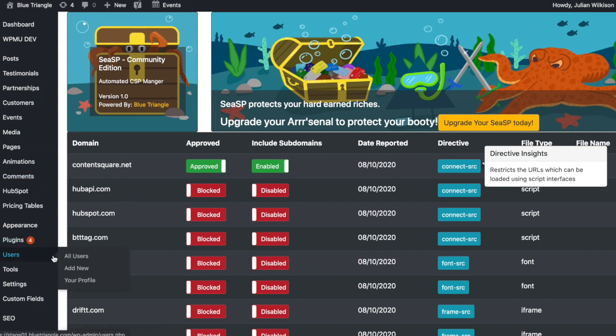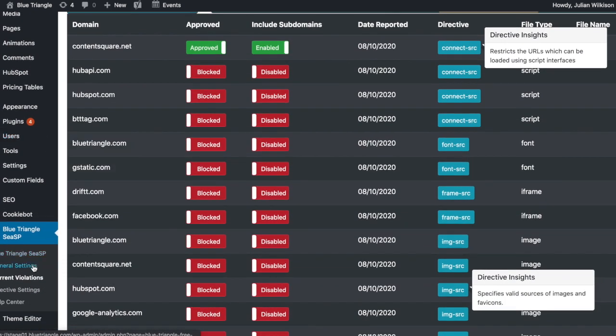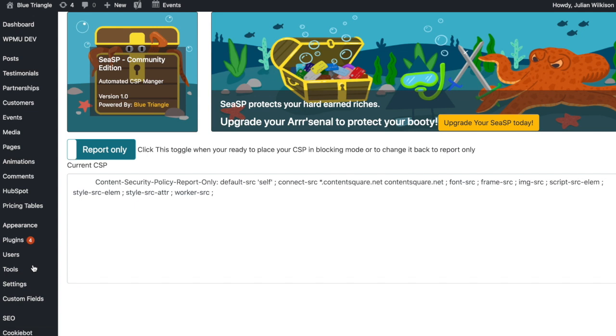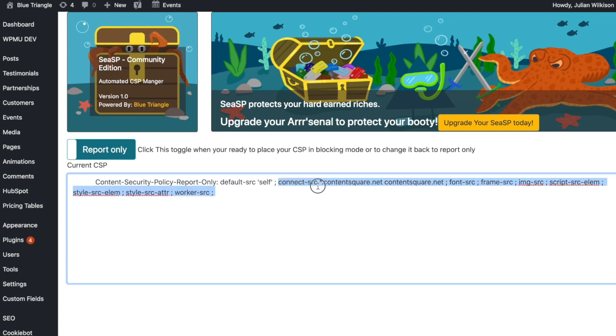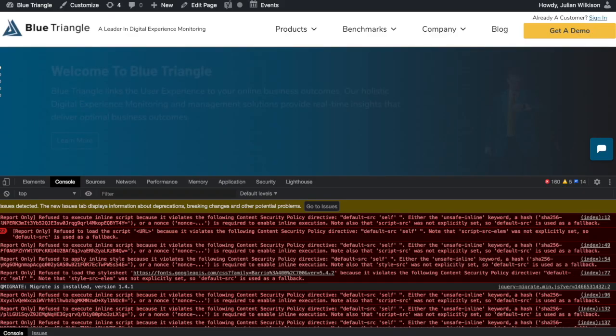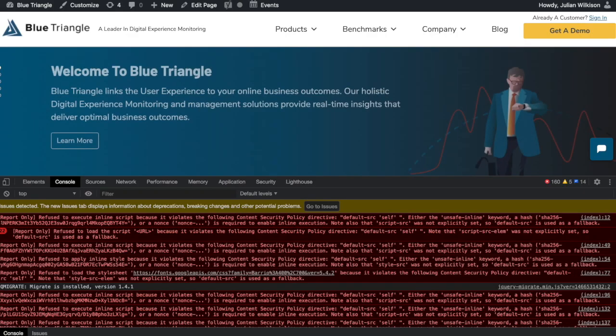The way you can review this is to go over the general settings, and as you can see, here's a star dot for the contentsquared.net and a content source directive. It also added contentsquared.net. If we head back over to our home page and do a hard refresh,